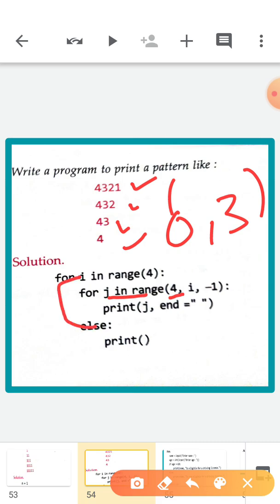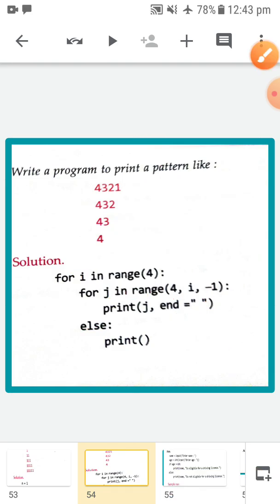Then again this particular portion minus, then it will give you 4 3 2 1. Then again it gives you i, then it will again start from 4, so again minus minus. So it will work the number of times of the i and j scopes. Okay, so this is your homework. Try this particular pattern in your homework.